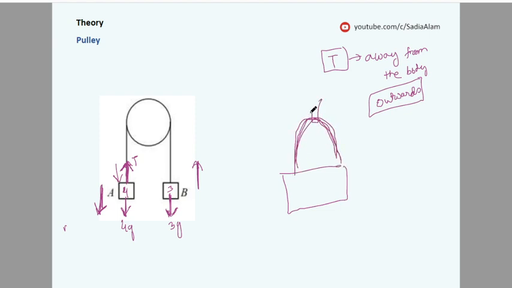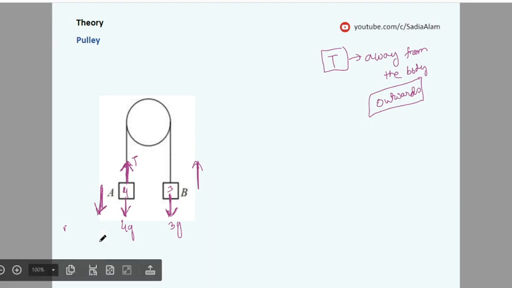If you just hold this bag, common sense, it's normal basic knowledge, if you are holding something, it means you are actually giving an upward force, right? The weight of the bag is downward, so you are just giving an upward force. So anything which is hanging, you are just holding it, it means you are just giving an upward force. That's it. So that is what is happening here. So for particle A, the tension acts in an upward direction,